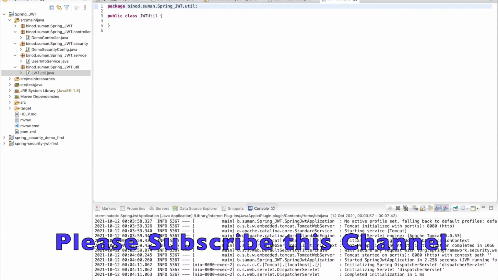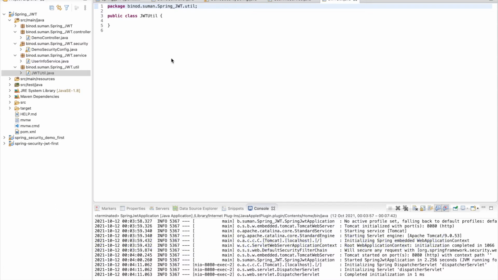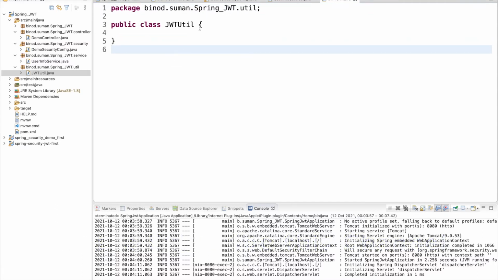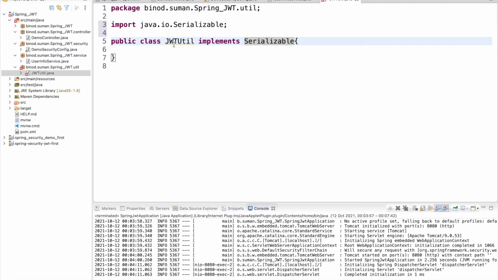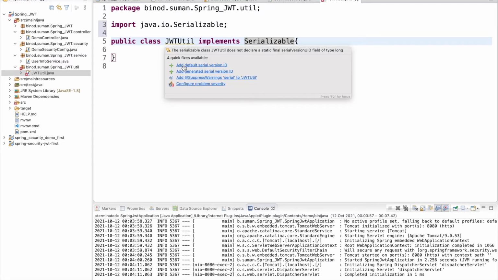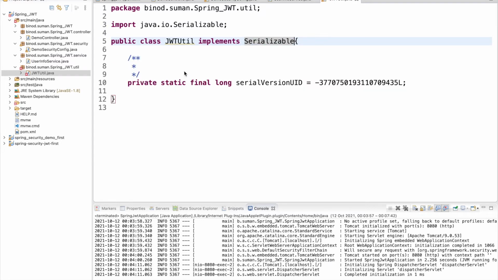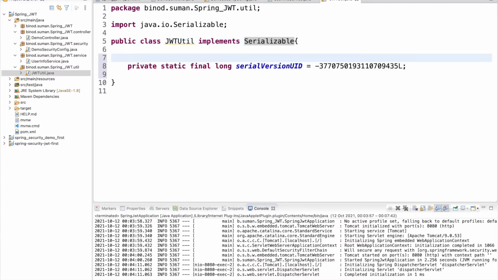First and foremost, you have to make it Serializable, so you implement Serializable. The moment you do that, it says to generate, so you just add one serial version ID, right? You know what Serializable is, all those things.